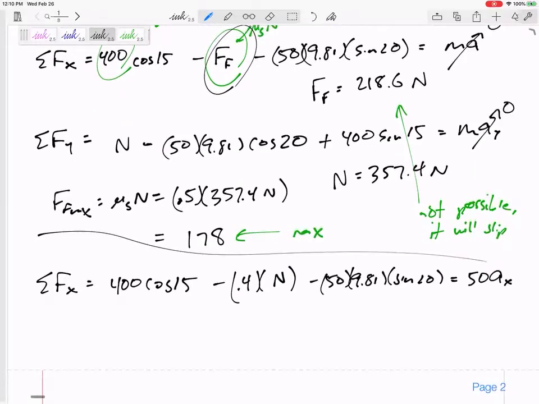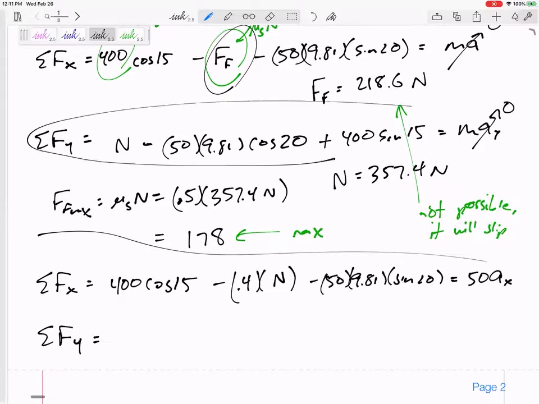Do I know n? Well, sort of. I'm about to rewrite this equation right there. I'm about to sum my forces in y, but it is not going to change, right? Now that it is slipping, this is still the same. It still has no acceleration. So if your equation doesn't change at all, and be careful to make sure it doesn't change, if your equation doesn't change at all, then sometimes